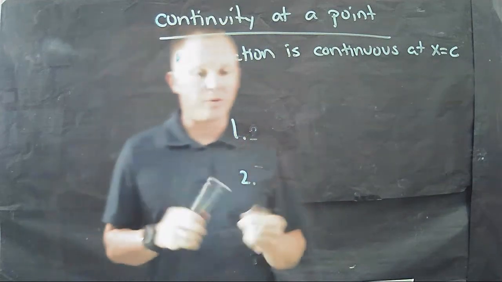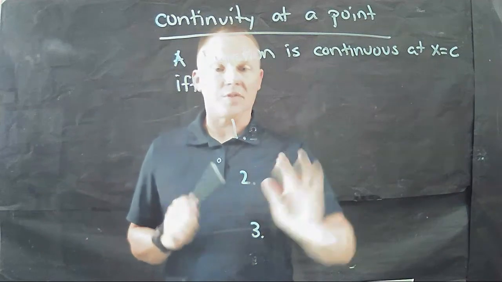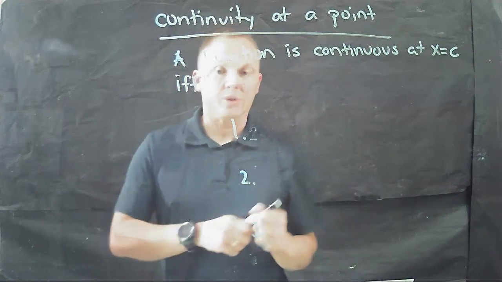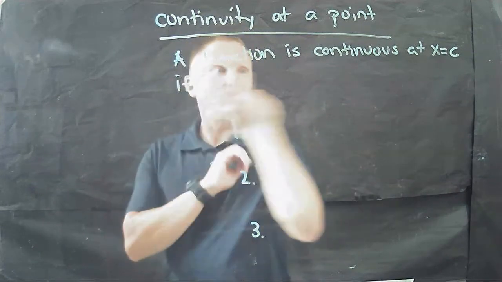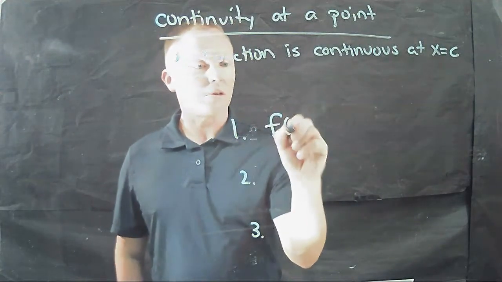Okay, so here we go. Maybe you paused, maybe you didn't. Maybe you're lazy and you just wanted to listen for the answer. I get it. Sometimes we're all that way. But here we go. A function is continuous at x equals c if and only if, first thing, f of